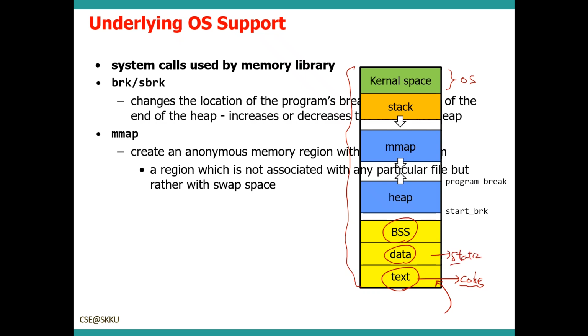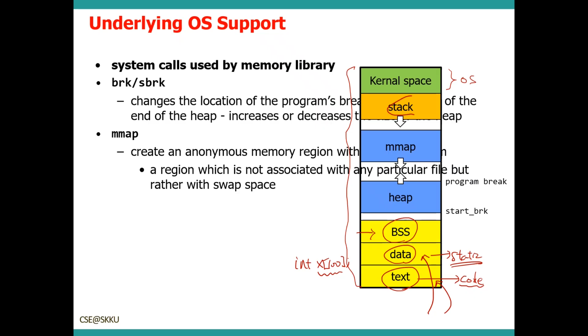And the static data of your program. Your program includes some static data. If you declare some variable as a global static variable, and you initialize the variable data, then the data is loaded into the data region. BSS is used for variables to be zero initialized in your program. If you simply declare an integer X array, then the memory space for this X array is allocated at this BSS region, and its value is zero initialized.